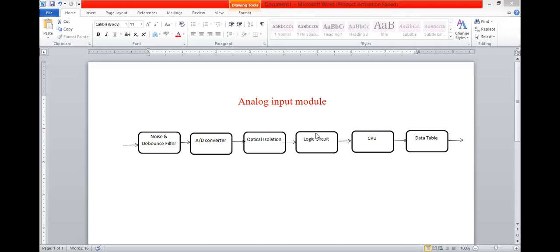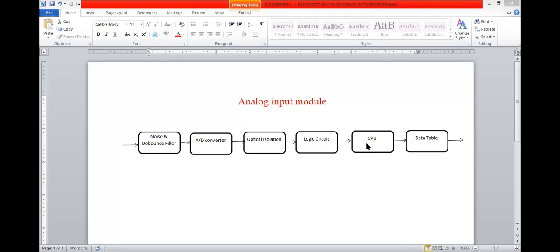If, after some time, the temperature increases, the sensor output voltage will change, so the logic circuit receives another bit stream. Then the stored signal is given to the CPU. The CPU does the processing on the input. In the logic solver, a program is there.